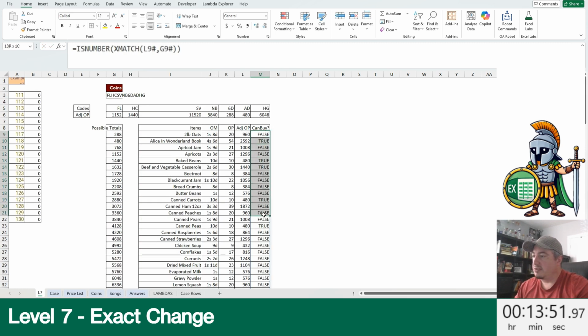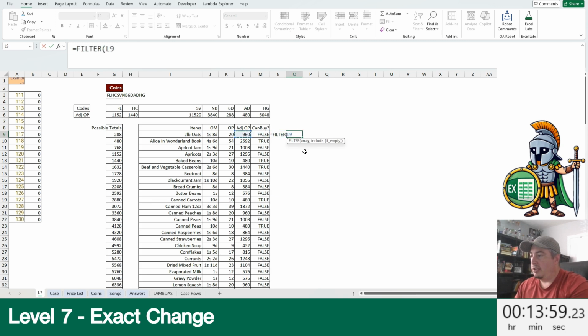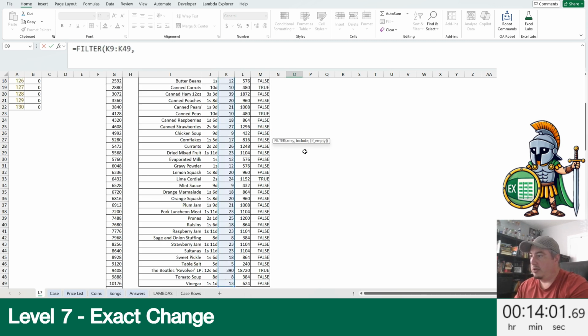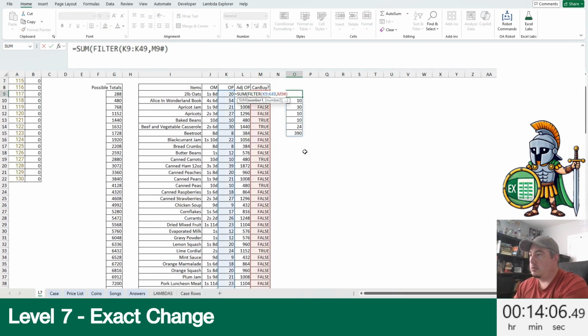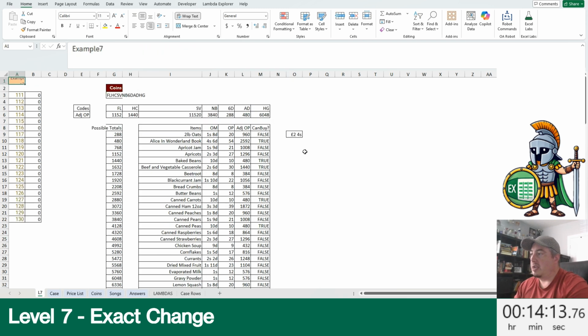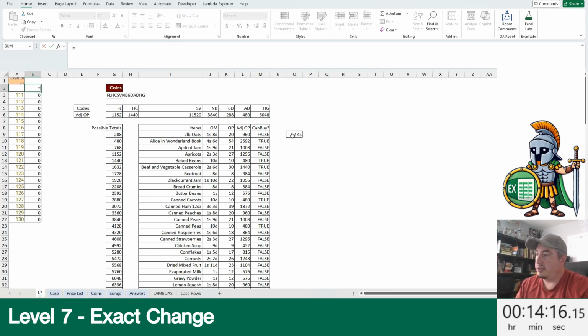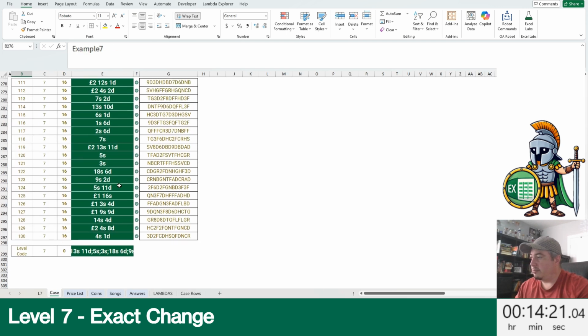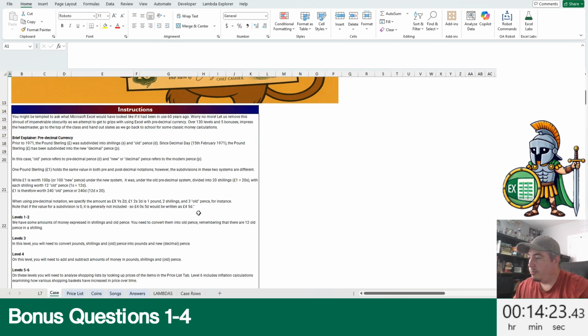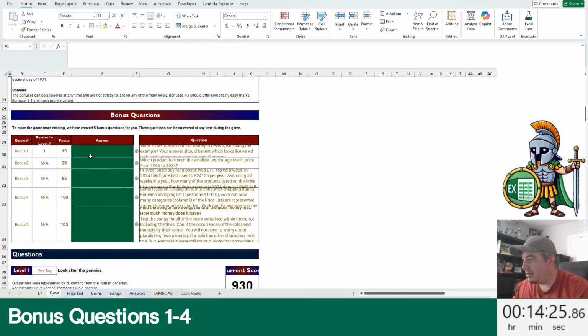So we should have a bunch of true falses. We do. From here, it's just a matter of filtering the OP. Filter the OP on all the trues. We're gonna sum those up and then convert this OP value, OP to old money, and that's our answer. Should be our answer. So put that into our data table and check our answers here. We're good. So far going pretty quick, a lot faster than I did on the original day, but we have